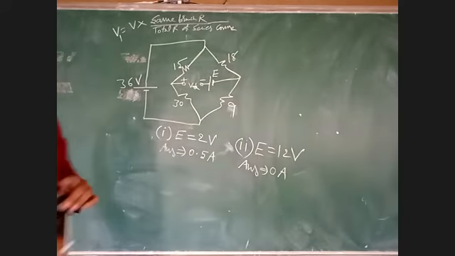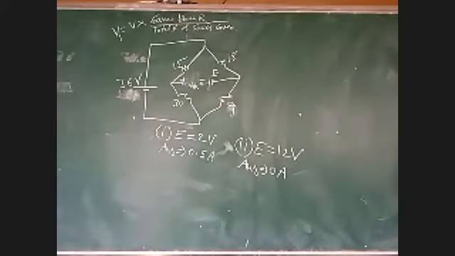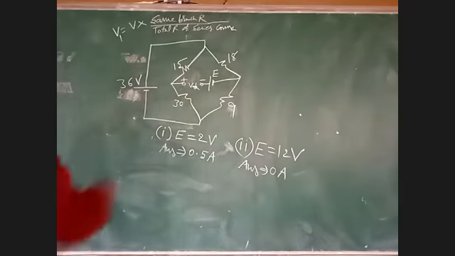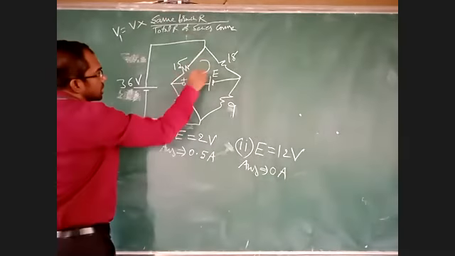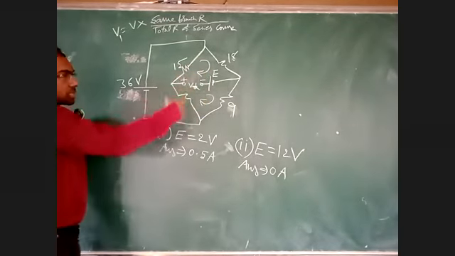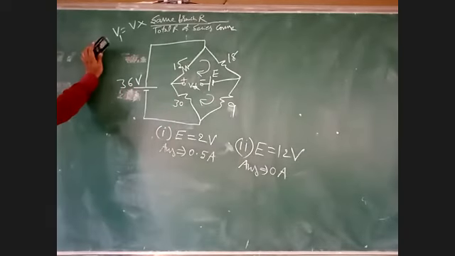Now, what is the second step? VTH. Consider one reference direction in open circuit. Consider one, that is not current direction, for determining VTH. So here I can consider the upper loop or lower loop, any one I can take. Either clockwise or anti-clockwise, you get the same answer because that is not current direction, that is reference direction.